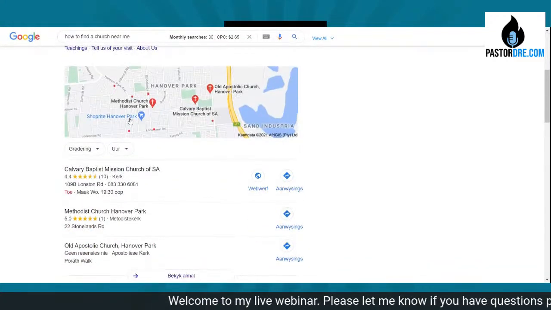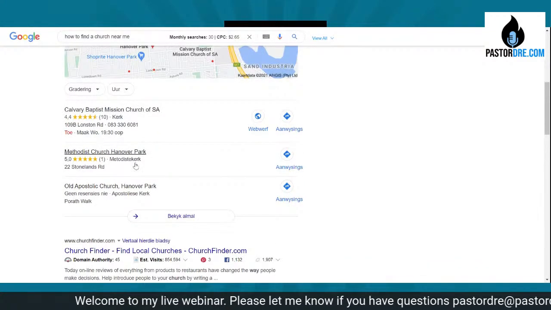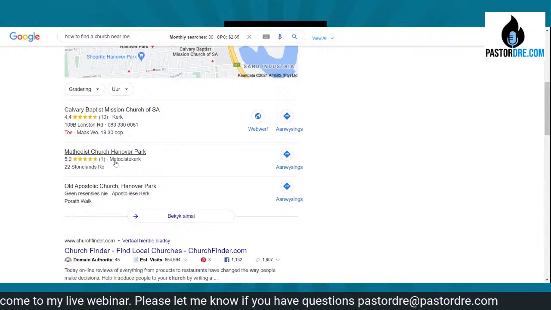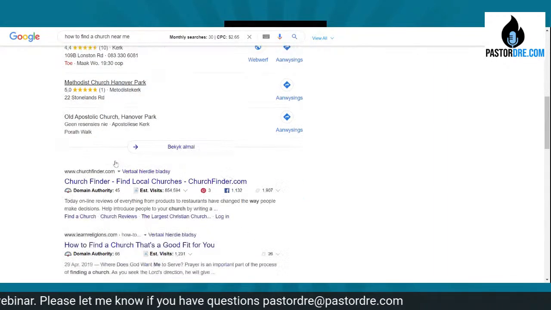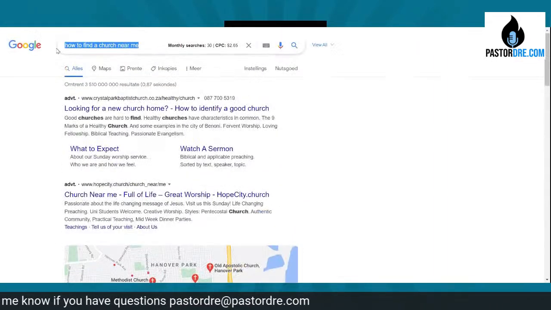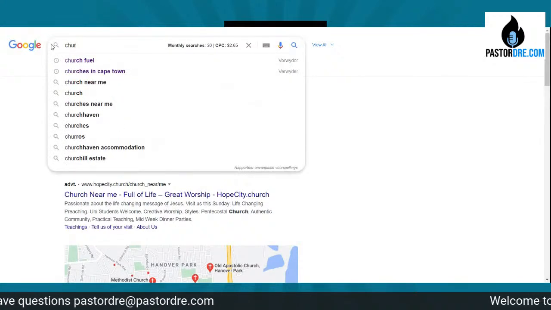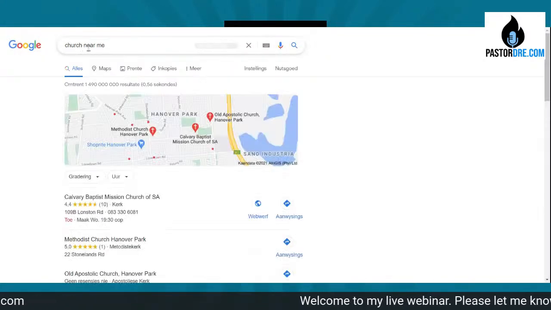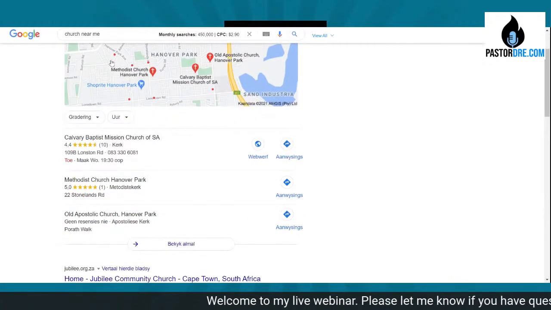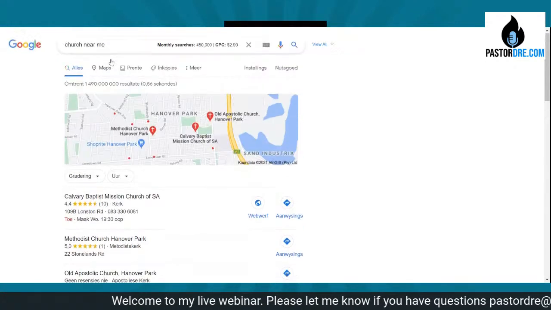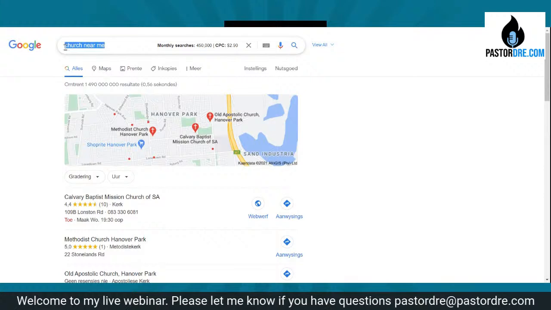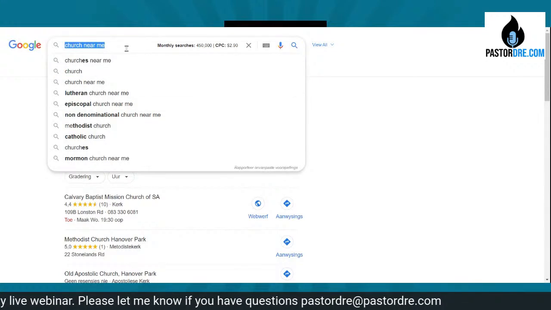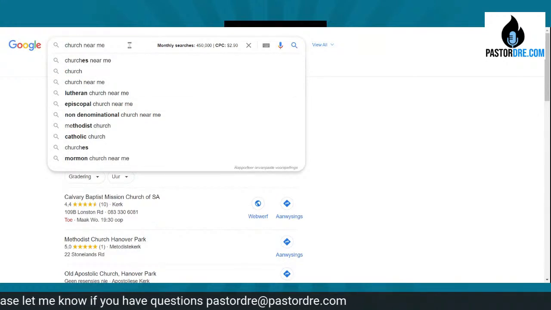Google is going to track where I'm at and give me a list of churches. I can even type in church near me. Once again, when I type in anything in Google, that is considered a keyword. So, church near me is a keyword. How to find a church is a keyword.